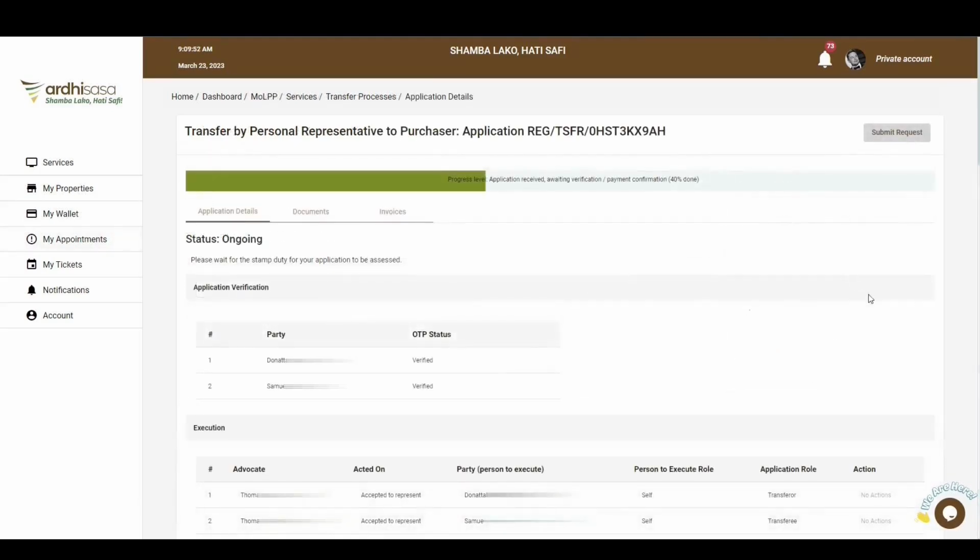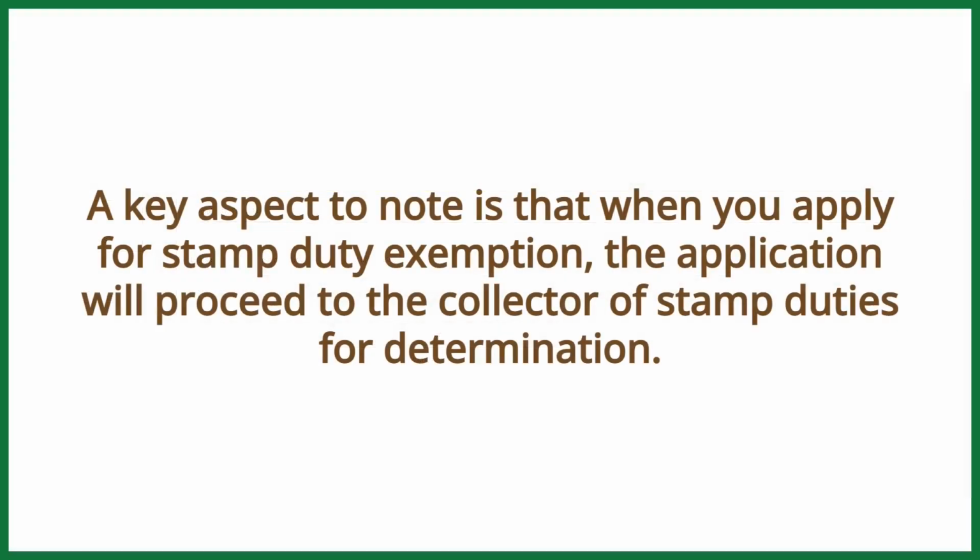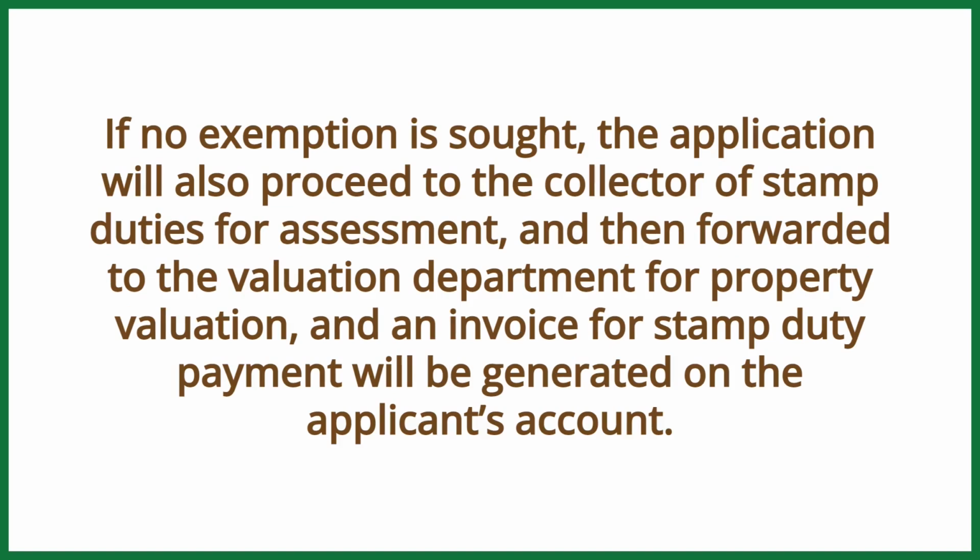So once all the parties have signed and the original title has been surrendered, the application will transition to the Land Registration Department for stamp duty assessment. A key aspect to note is that when you apply for stamp duty exemption, the application will proceed to the collector of stamp duties for determination. If no exemption is sought, the application will proceed to the collector of stamp duties for assessment and then be forwarded to the valuation department for property valuation, and an invoice for stamp duty payment will be generated on the applicant's